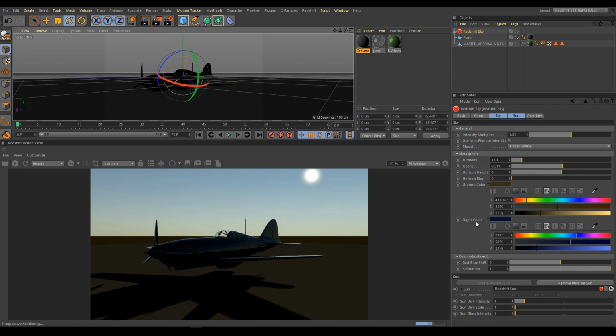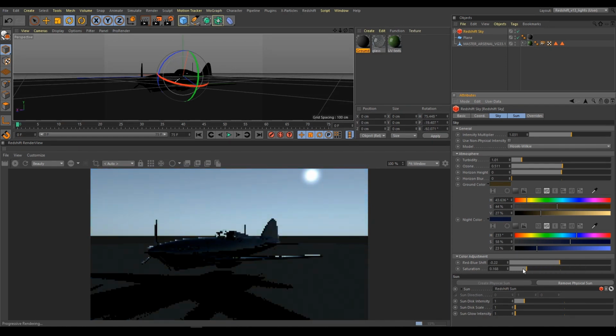And I will show you how color adjustment works if we change red-blue shift. So as you can see, it's color correction, and we are also able to use saturation. It's exactly the same workflow as I showed already in the chapter Physical Sun. In the sun section, we have physical sun parameters, and if you need more details, go and visit the chapter Physical Sun. But in our Redshift Sky Rig, we can change sun disk scale